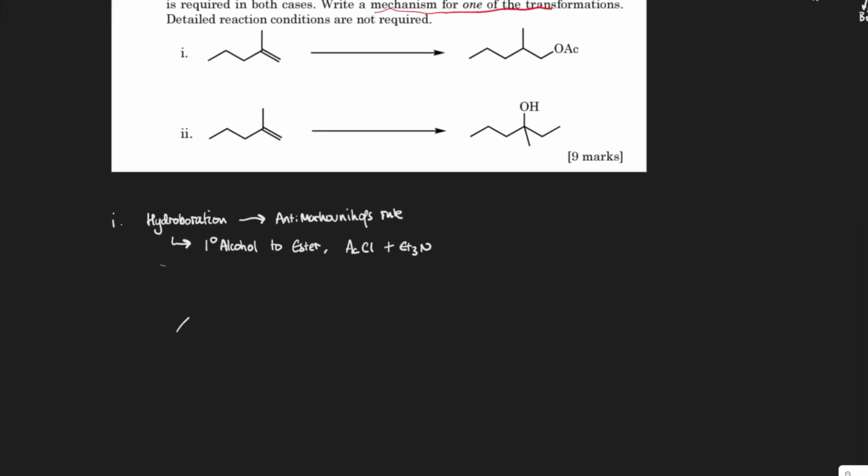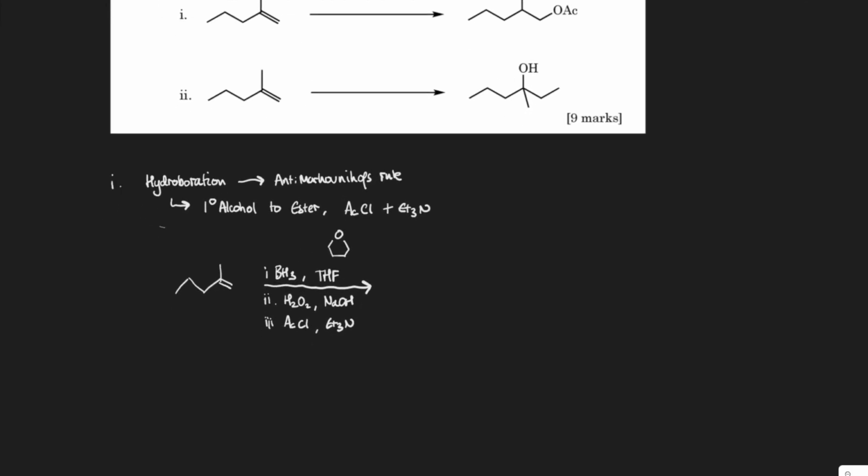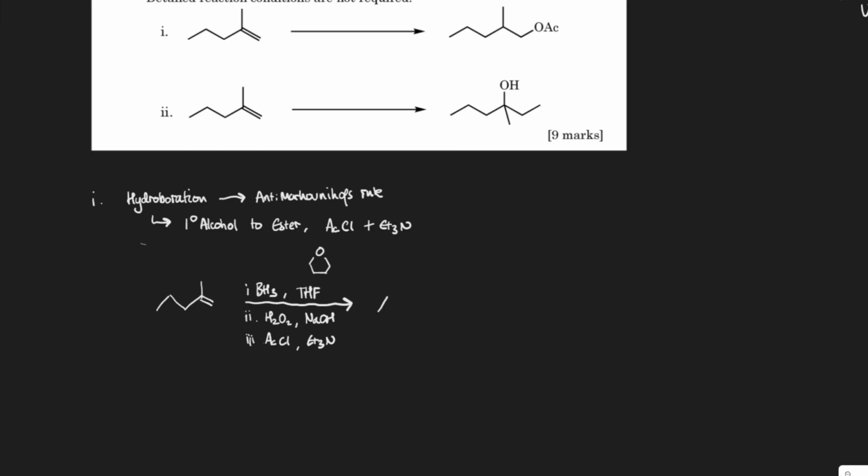So we'll just give the overall. This is a very long reaction mechanism, which is why it's quite annoying. But so the reagents for hydroboration are, yes, I'm pretty sure it is BH3 in THF, which is this funny looking molecule here. Then our second lot of reagents are hydrogen peroxide and a base of sodium hydroxide. And then for part 3, when we now have our alcohol, we'll use our acyl chloride and our triethylamine. And that should give